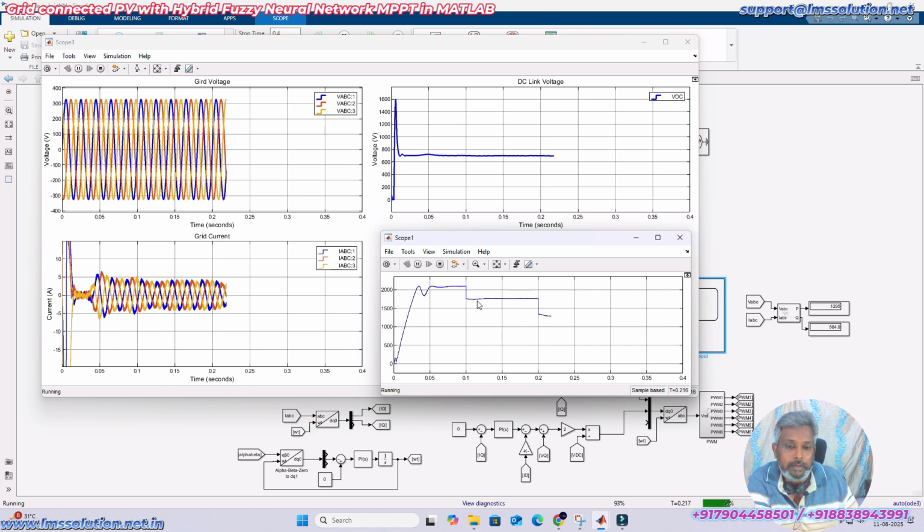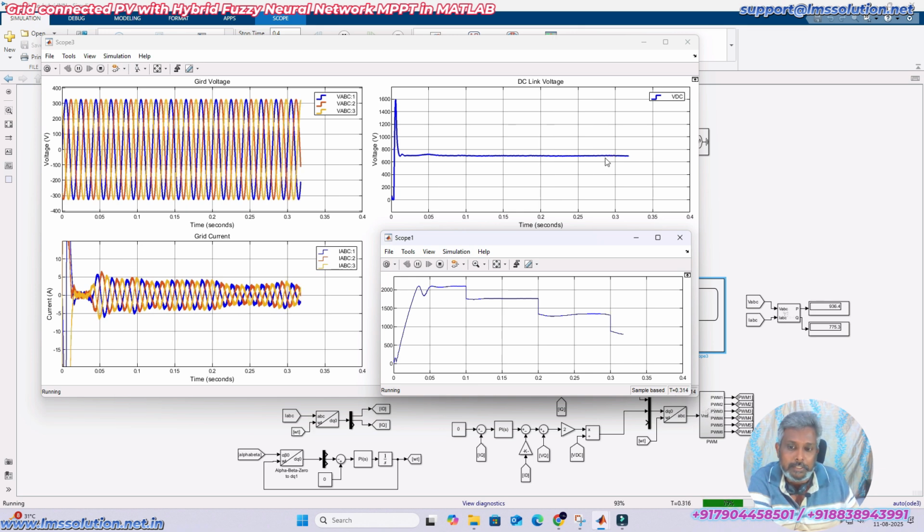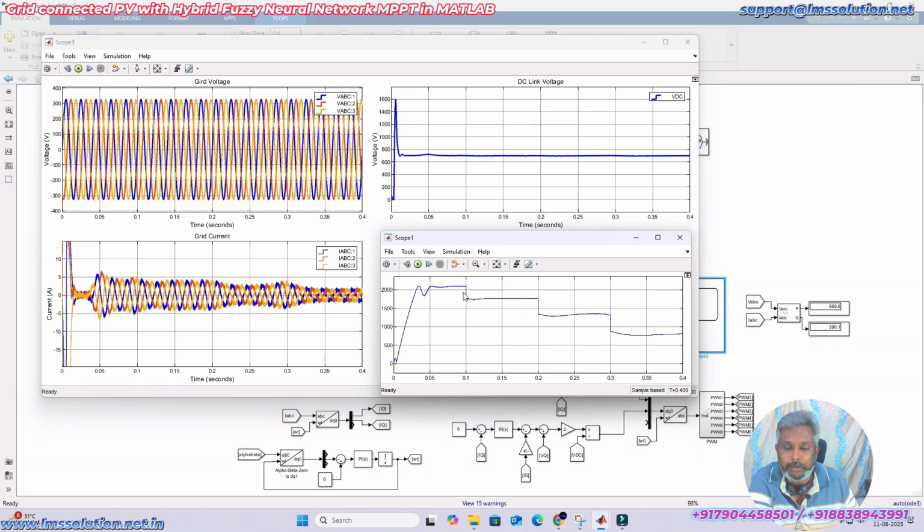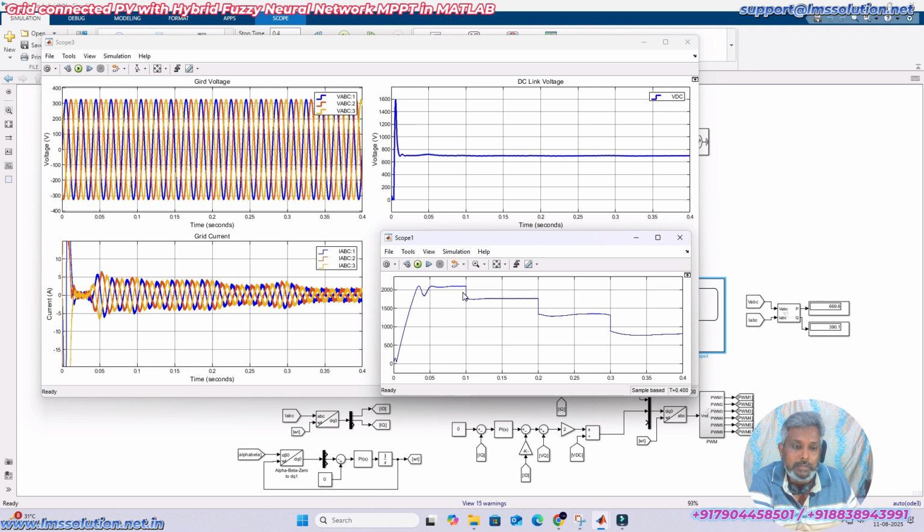So here you see that according to the change in irradiation, the PV power generation is also changing according to the partial shading condition, and you will also see a reduction in the grid current. But here you see that the DC link voltage is always maintained constant, irrespective of the change in irradiation condition or PV power generation. So the power generation varies according to the change in irradiation condition. Okay, so this is the result of